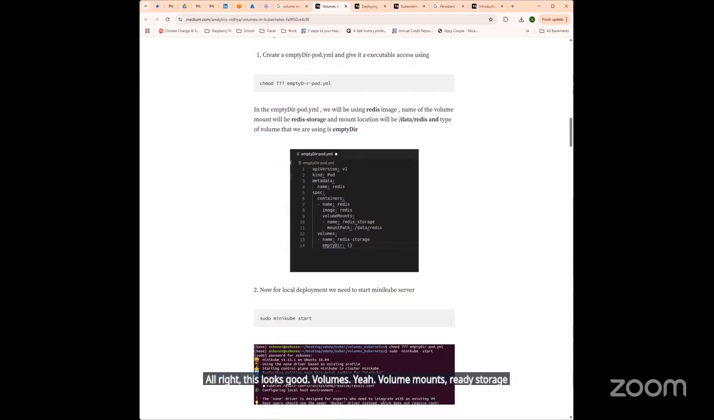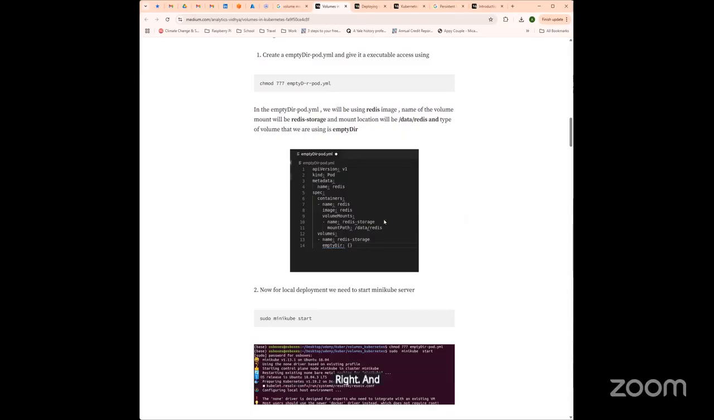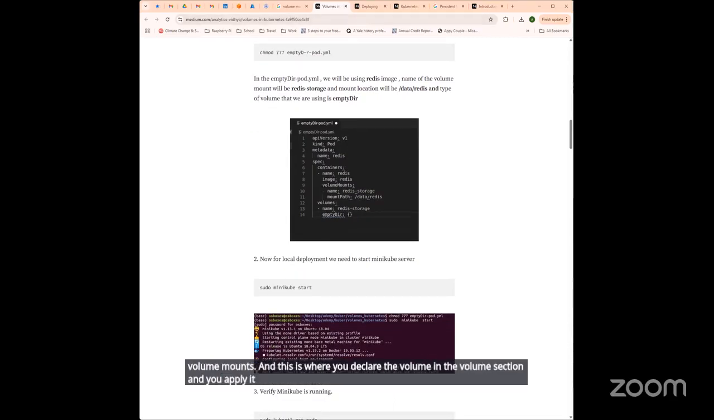So in this, you add volume mounts in the container section, and declare the volume in the volumes section. So this is the volume mounts, and this is where you declare the volume in the volumes section, and you apply it with the following: